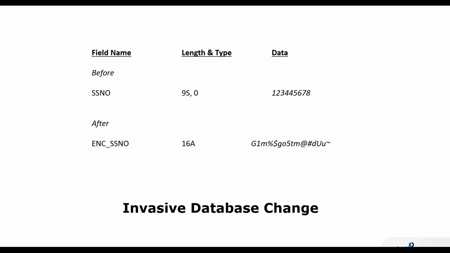So just here an example of what that invasive database change would entail. In this example, you've got a real feel for how invasive it is in order to support that encryption. And the data here, you've got your social security number field, and your length is a 9-numeric field. But when you add the encryption, you go from having data that's 9 characters to now you need a 16 alpha field. So big change. And it's going to require recompiles to the application as well, even if the database file isn't used much in that program.